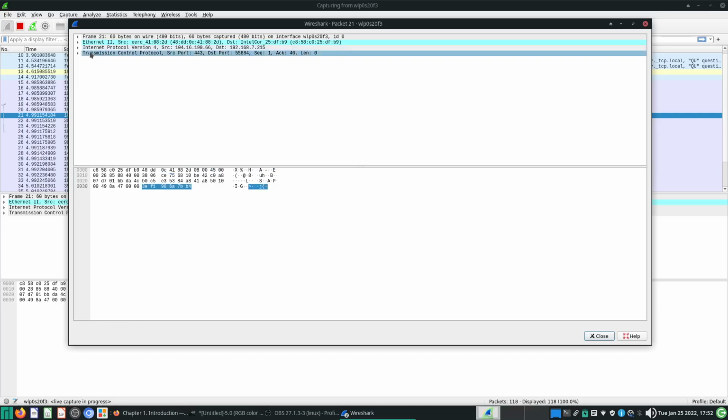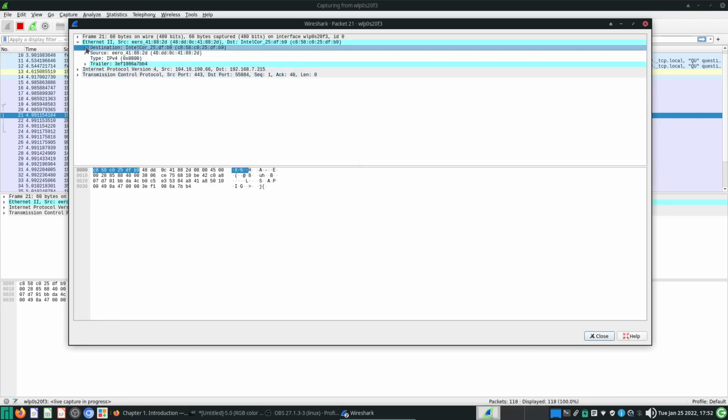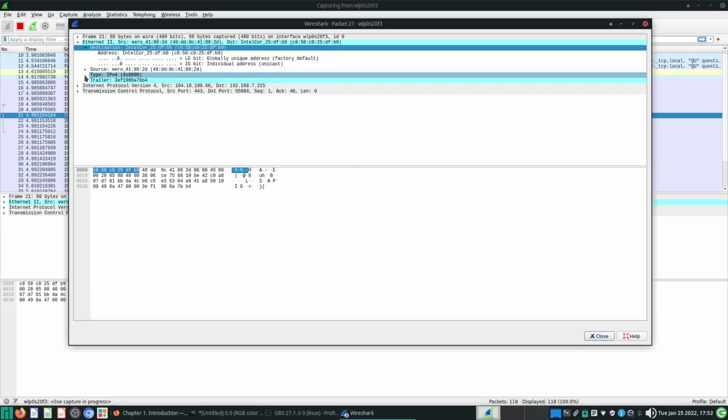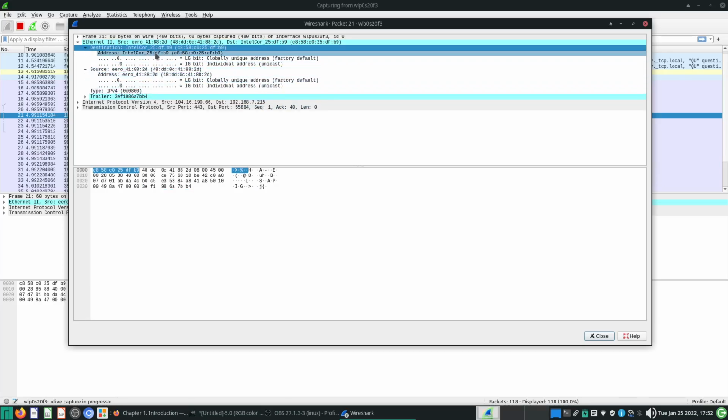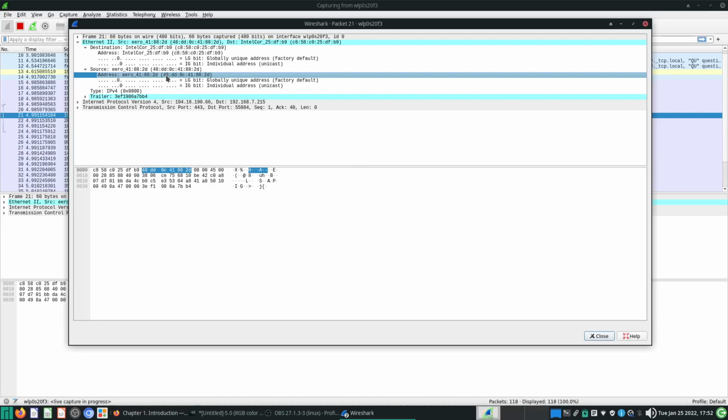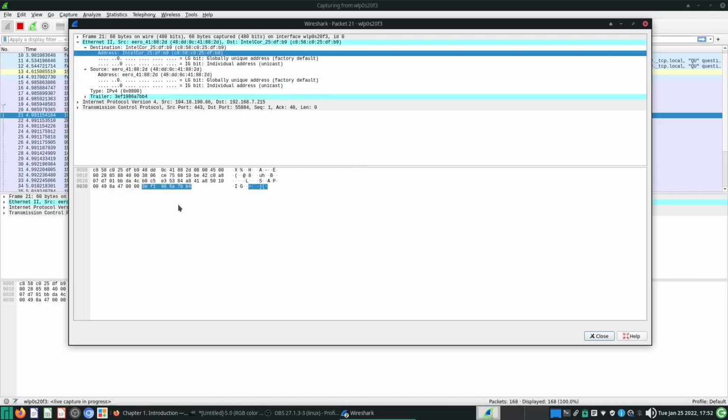And like I was saying before, it will have the very important information of where the source and destination MAC address is. So this is the source address, and this is the destination address. I'm receiving it back from my router or wireless extender. So as you can see, if you hover over this, okay,